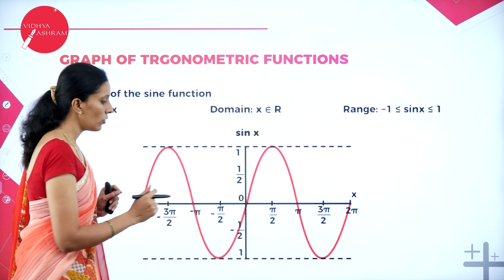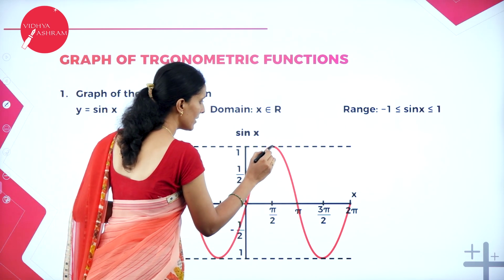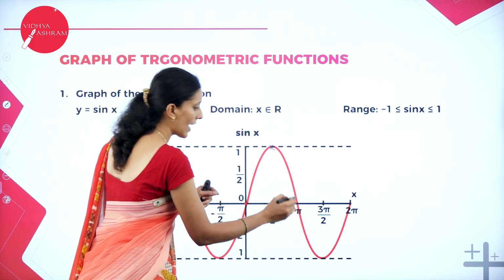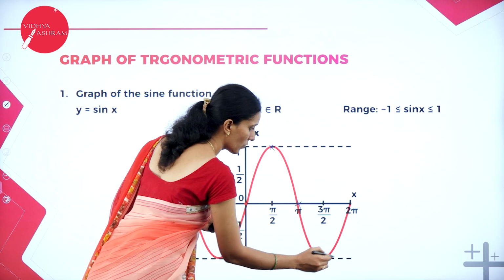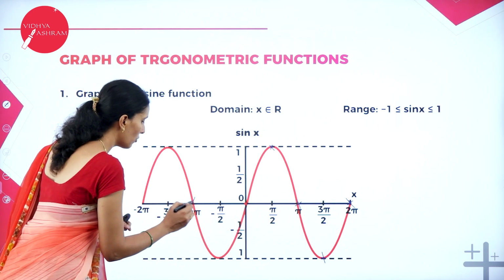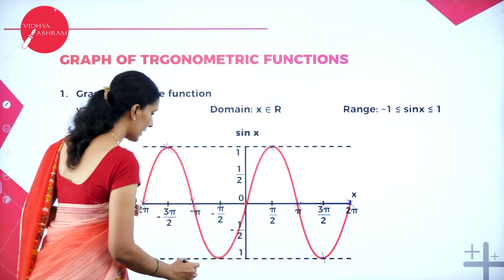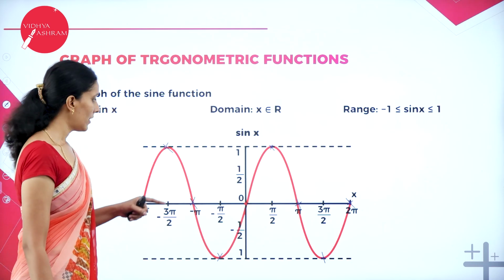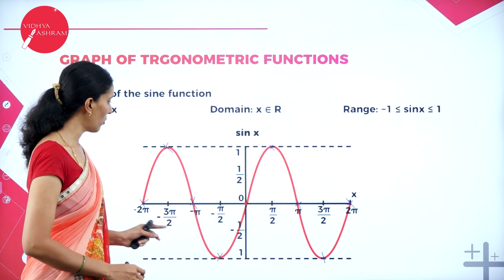Now, we know the value of sin 0 is 0 and sin 90 is 1. Again, sin pi is 0, sin minus 90 is minus 1, sin 2 pi is 0, because for any multiple of pi, the value of sine is always 0. And for 90 degree the value is 1 and for minus 90 degree the minimum value is minus 1. So therefore, you can draw.